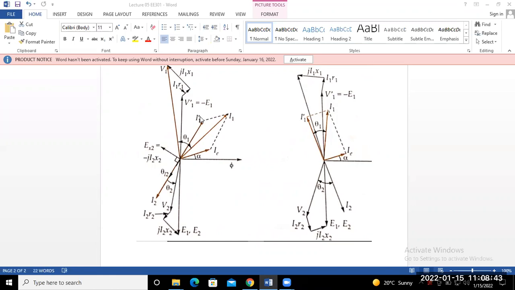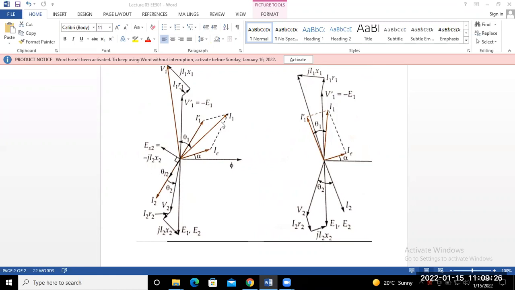Okay. So what is the total current drawn from the supply? That means the vectorial summation of this load current referred to the primary side plus the exciting current or no load current. So you have to draw the vector addition of this no load current IE or I0 and this I1 dash. You draw it through the dotted line and you get the resultant, that is the value of I1. So this is the total current drawn from the supply at the load condition.